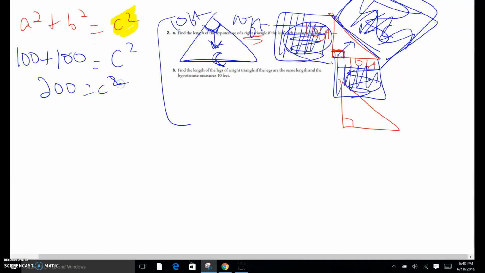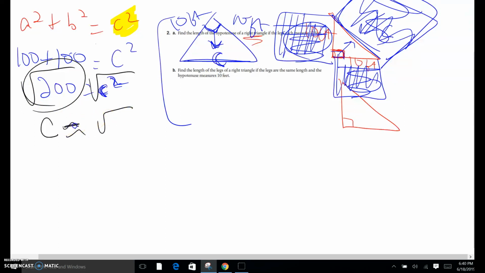So again, how do you solve equations? You know more than you think you do. There's no adding, no subtracting, no multiplying, no dividing, so then we undo exponents. So how do you undo a square? Well, you square root. So I'm going to square root. So c is, and the exact answer would be the square root of 200 if you want to be exact. And what unit are we in here? Is it feet? But if I want an approximation, I'm going to hit the square root of that, and that would be about 14.1